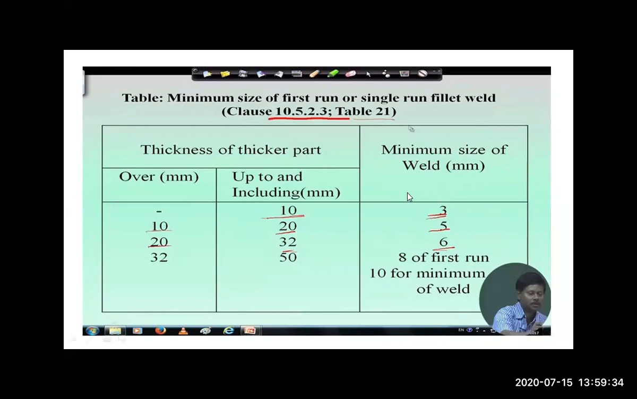If the size of weld is not given in the example, you have to choose it by the thickness of plates only. So if from 0 up to 10 mm is the thickness of the thicker plate, the larger of the two plates, if the thickness is up to 10 mm, 0 to 10, then we have to choose the minimum size of weld as 3 mm. Then 10 to 20, if the thickness is from 10 mm to 20 mm,